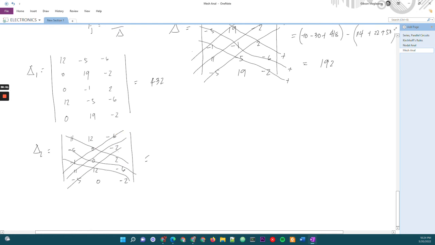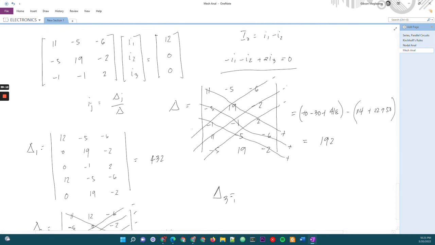Okay, wala ko siya katarod click. Kana siya ang i-multiply. This is minus sign, plus, plus, plus. It's okay. You should be able to get this value, 144. And then for delta 3,